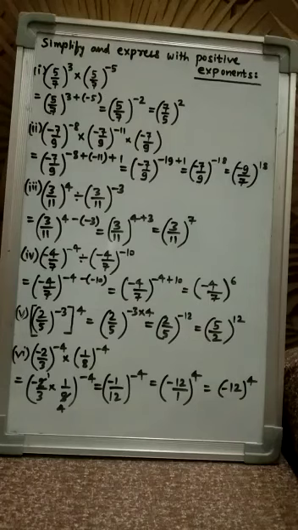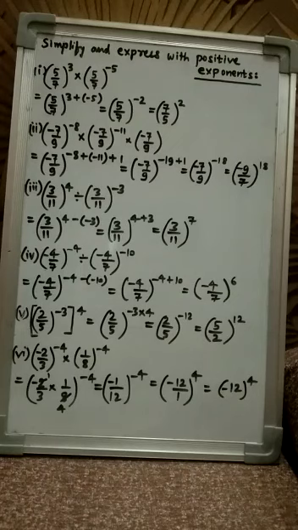Next question. Here you can see the base is minus 7 by 9 raised to the power minus 8, minus 11, and there is no power, it means 1. And the same base is in multiplication. What we will do? We will add all these powers. So minus 8, minus 11 and 1, all these powers will add together. It becomes minus 7 by 9 raised to the power minus 8 and minus 11 will become minus 19 plus 1. On solving, it gives minus 18.